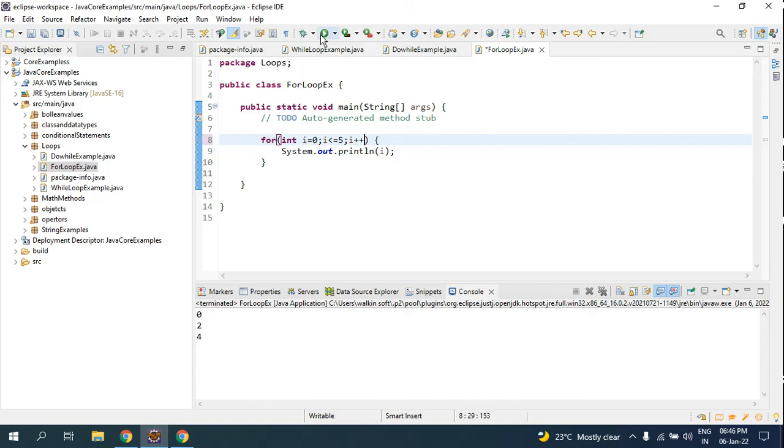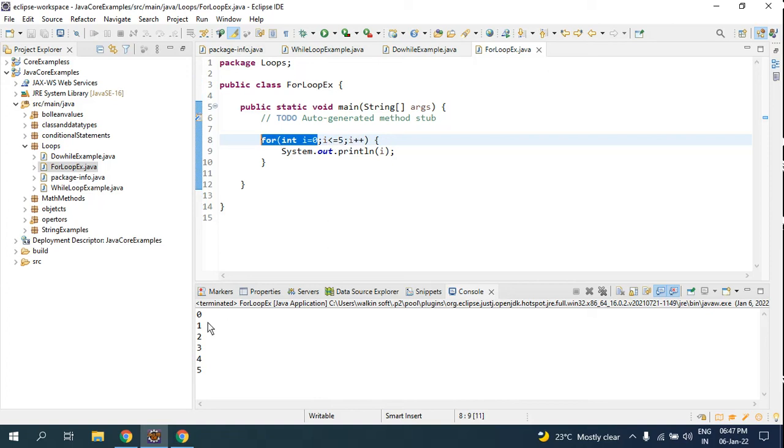Now if I run, look here, you are able to get 0, 1, 2, 3, 4. So how it works is that first time it takes initialization and it prints out. The second time it goes, it ignores this statement and it goes to check here. So the condition is that it should be less than or equals to 5. It was 0, I'm incrementing by 1. So 1 gets printed here. Then again it ignores this and goes for here. So I have the value 1 now. It is less than 5. I'll go for the next statement, which is to increment to 2.